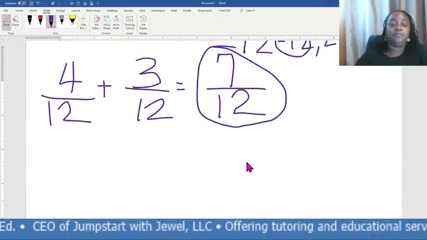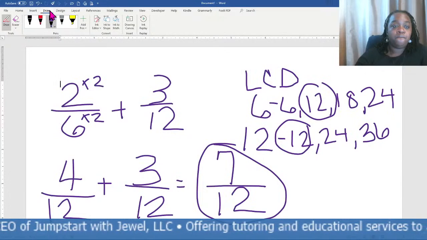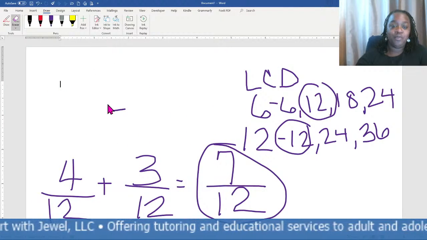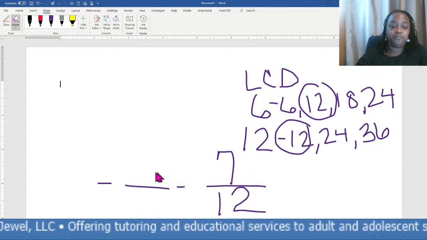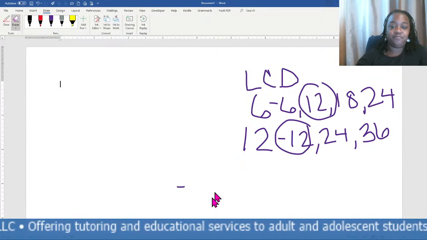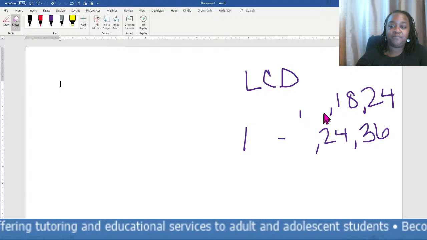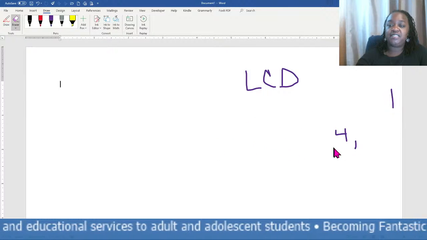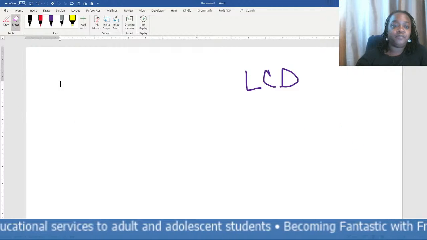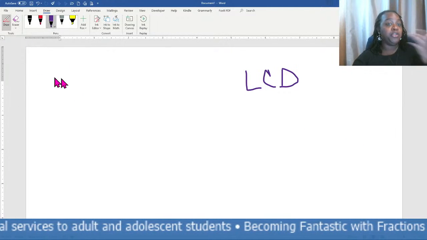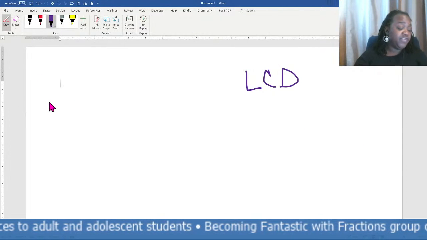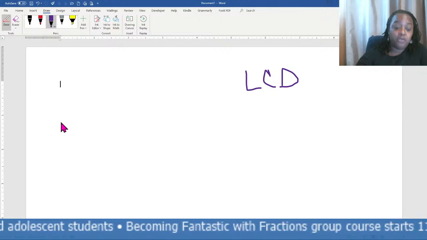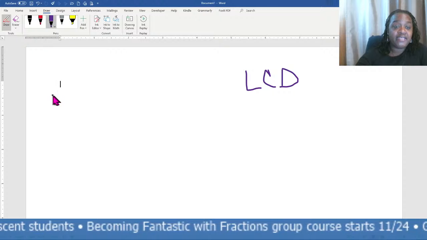And maybe I'll do one more. Let's erase this. Do one more. So this one is going to be subtraction. So just take your time. As long as you know your multiplication facts, you're good. Even if you don't know them by heart yet, you can still list the LCD, list the multiples, and that'll help you. So this last one is going to be